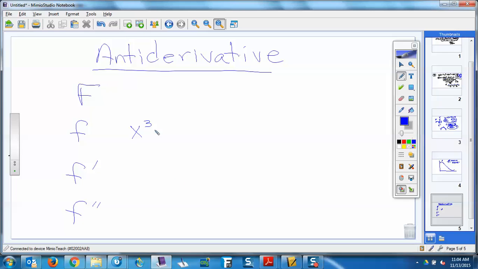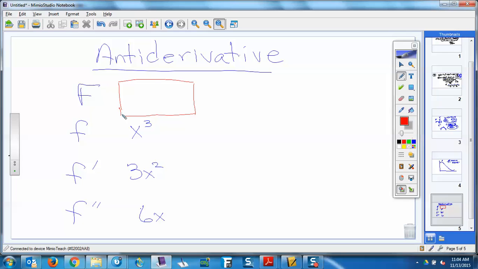So if little f is x to the third, then f prime would be 3x squared. And then f double prime, 6x, right? Would be the derivative of that. Power gets 1 less each time. So the question becomes, what would this be? 1/4 x to the 4th. Why is there got to be a 1/4 there? Because